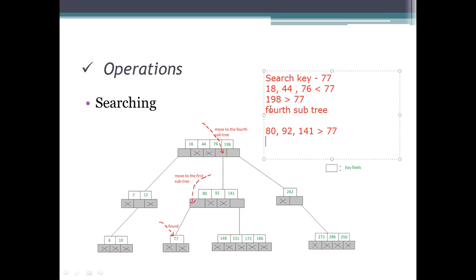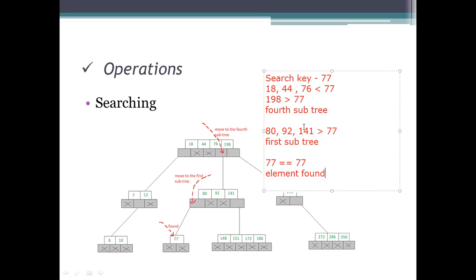Okay. Now here we need to go for the first subtree representation. Why so? Because it is less than the first value, meaning we need to go for the left side. On the left side we have only one element, one tree representation, which is the first subtree representation. Go for this one, 77. 77 is equal to 77. Then we specify element found. It is an easy task.